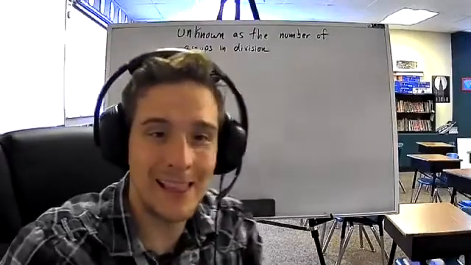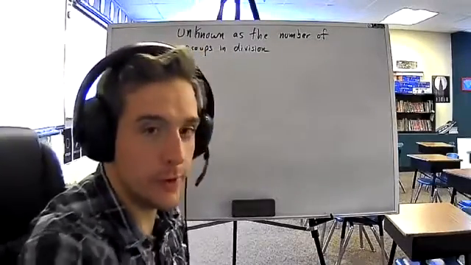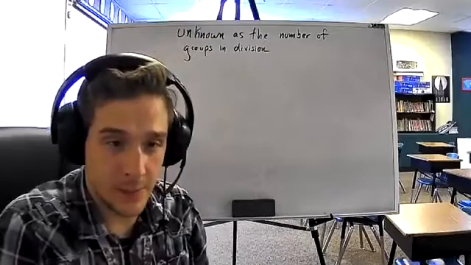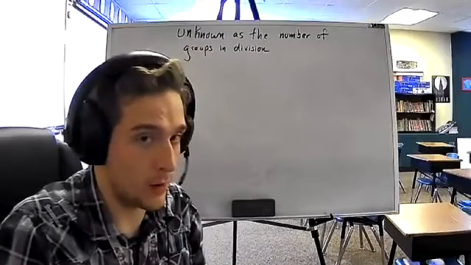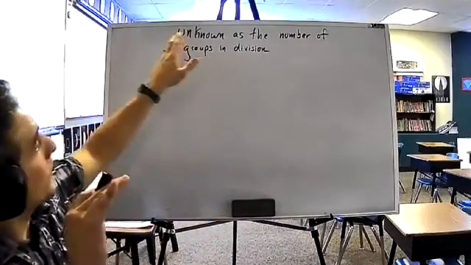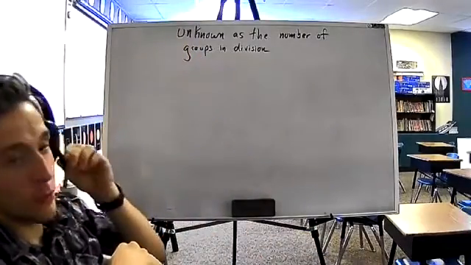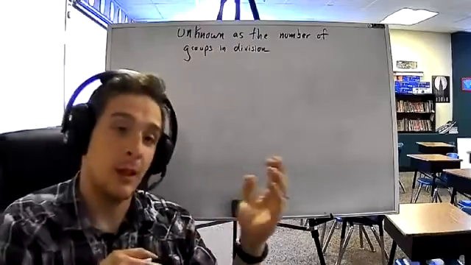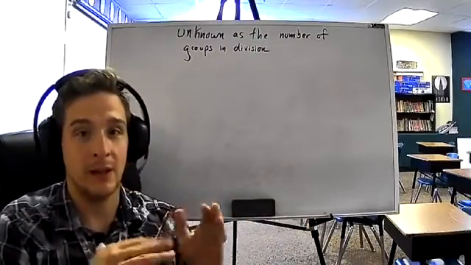Welcome to Module 1, Lesson 5. We're going to go ahead and jump straight into it. This is a very similar lesson to Lesson 4. It's still on the division side, but we're going to be talking about how the unknown is the number of groups in division. Last lesson was about the unknown as the number